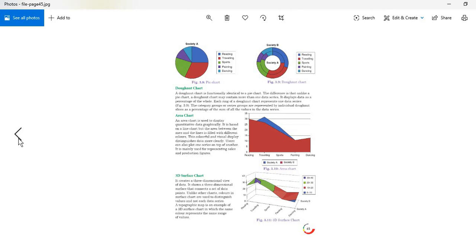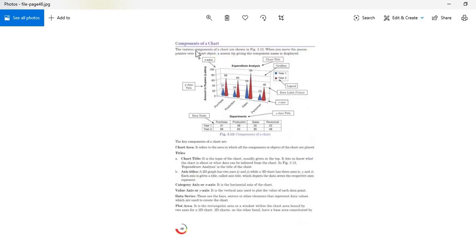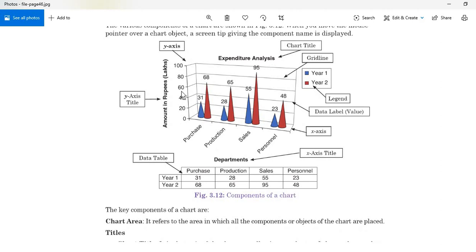I have told you last day, right? After Excel creates the chart, you can edit the chart. You can change the color, or you can change the grid lines, or you can change any components of the chart. Anything: the x-axis color, the x-axis title, the grid lines, or the legends, or the data table, whatever you want. That depends on you, but creating the chart you don't have to bother about.